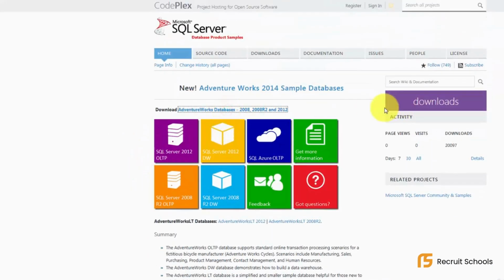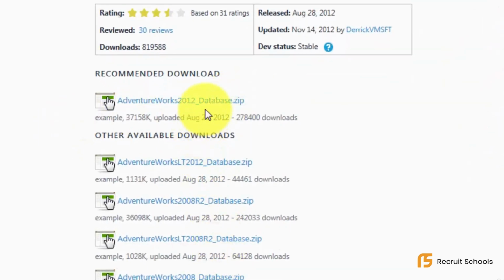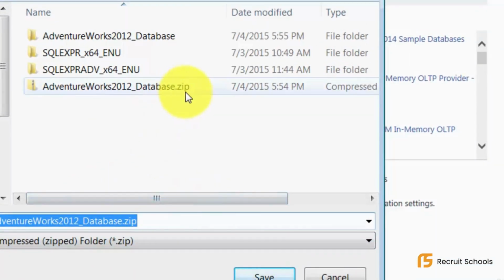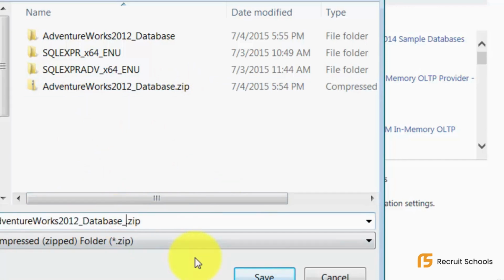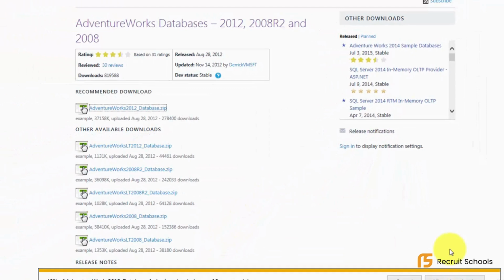Okay, let's go ahead and download this. We are using a 2014 version, so 2012 should be compatible. Let's save this, and I already have this saved, but let's just call this _1, and then save this. It's a small file, about 36 MB, I believe. Let's download that,